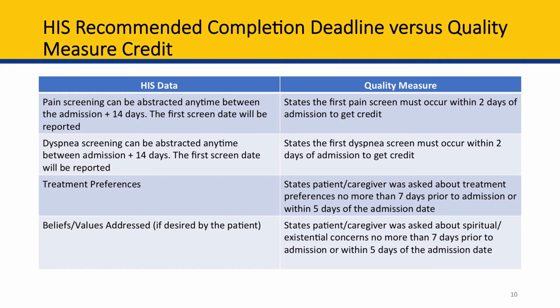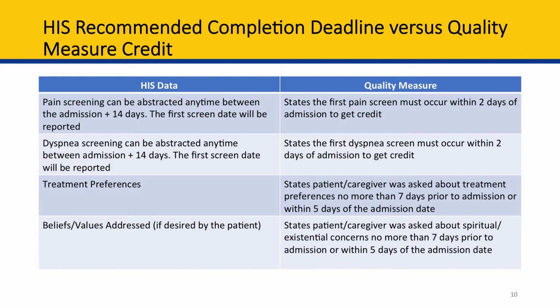The distinction between completing HIS items and quality measure credit is a question that often comes up on our help desk. We've listed some examples here on slide 10. First, let's look at an example for pain. J0900 asks if the patient was screened for pain. Pain screening can be abstracted any time between the admission and 14 days. The date of the first pain screening is reported. However, to meet the quality measure or get credit, the patient's first pain screen must occur within 2 days of